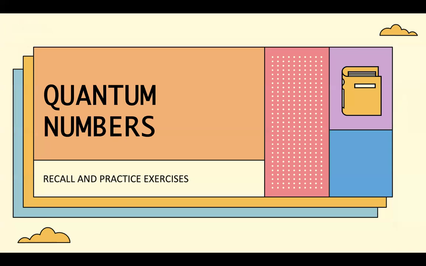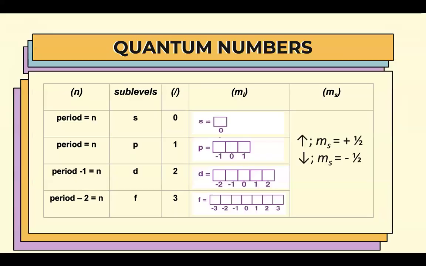And of course, some of the possible givens on the quantum numbers. So remembering quantum numbers, we have four of them, which are represented by letters. So we have N, L, M sub L, and M sub S. And if it's on the sub-level S and P, whatever the period is, meaning whichever row they are in, that's exactly their letter N. But if it's D and F, you just have to do the following.